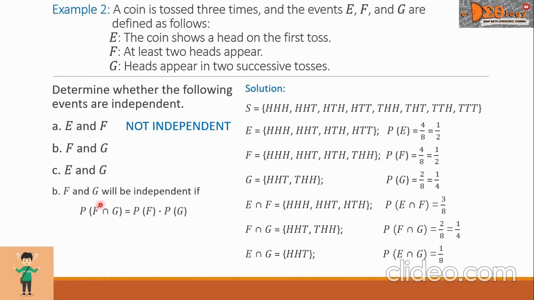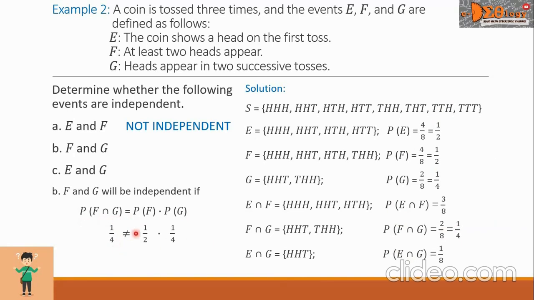F and G will be independent if it satisfies this equation: P of F intersect G equals P of F times the P of G. Again, let us get the corresponding probabilities from these values. So we have the P of F intersect G is 1/4,